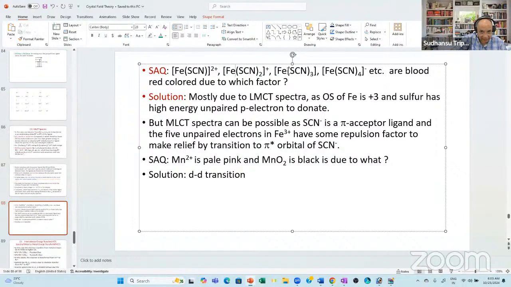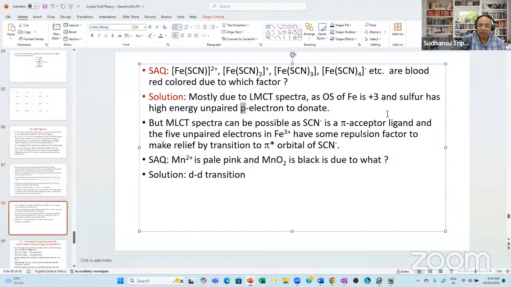This is iron(III) because it's a neutral complex. But here it will be ferrate, tetrathiocyanato ferrate(III). This will be thiocyanato iron(III), dithiocyanato iron(III). All iron(III). These are colored due to LMCT because sulfur is a pi donor ligand,